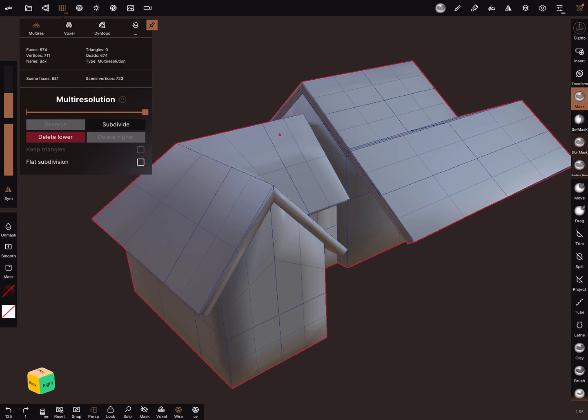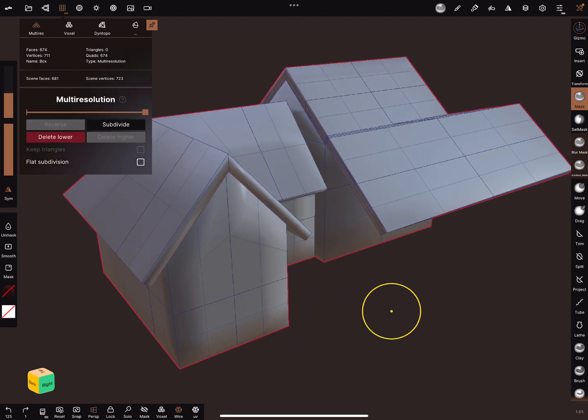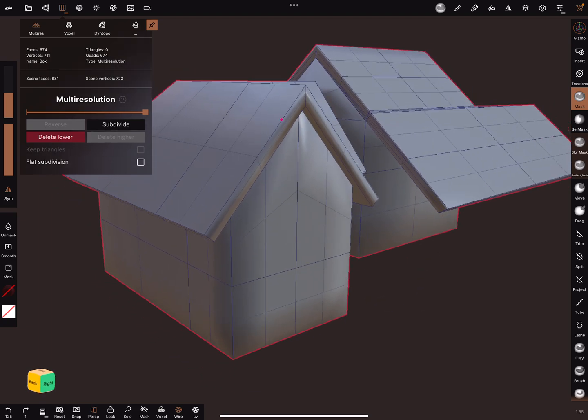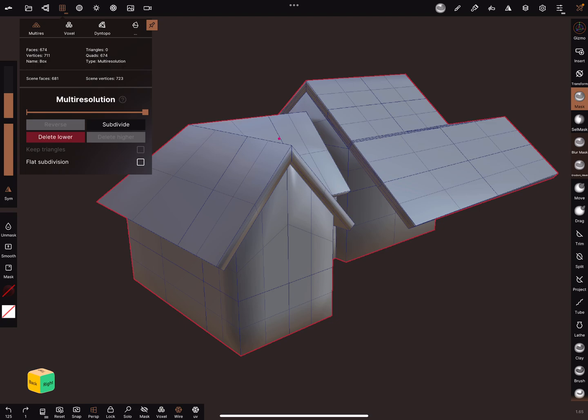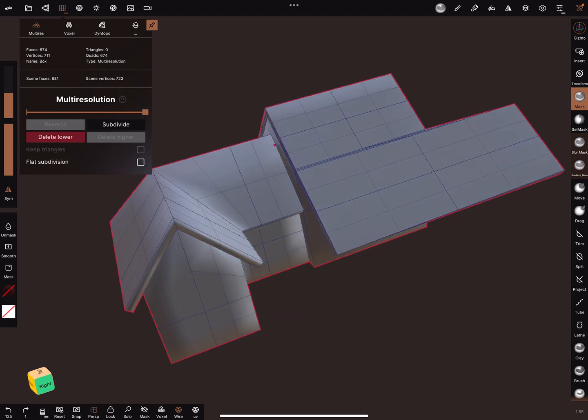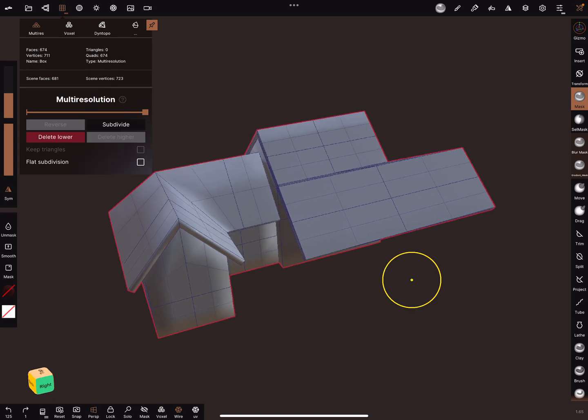And when you keep your mesh at the beginning as low as possible, it's easy to adjust.